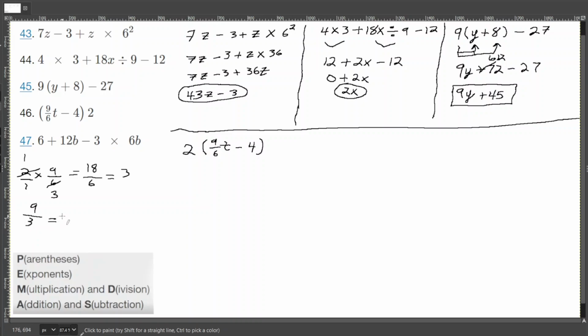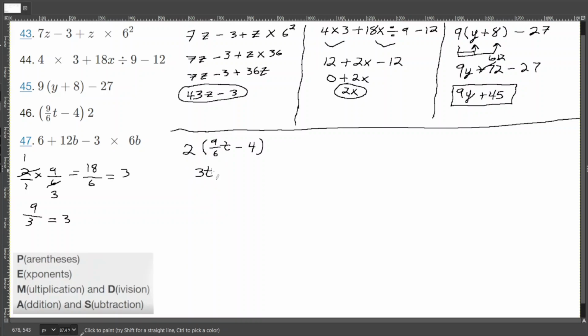Then how many 3's fit into 9? 3. We could have also just simplified the fraction and made this 3 halves, and the 2 would kill the 2. So there's a few ways to go about fractions. But anyway, we know 2 times 9/6 is 3,